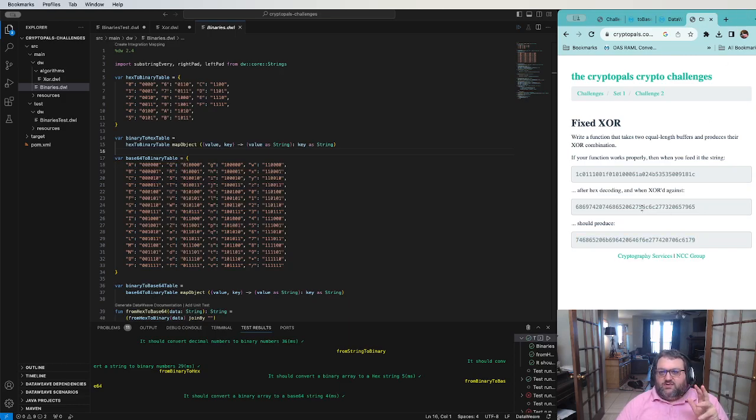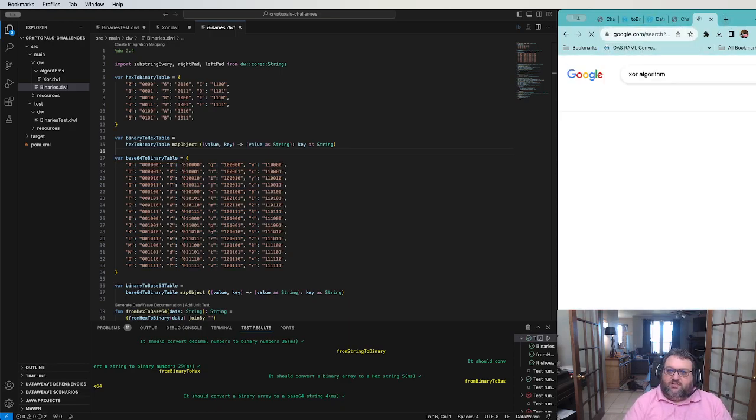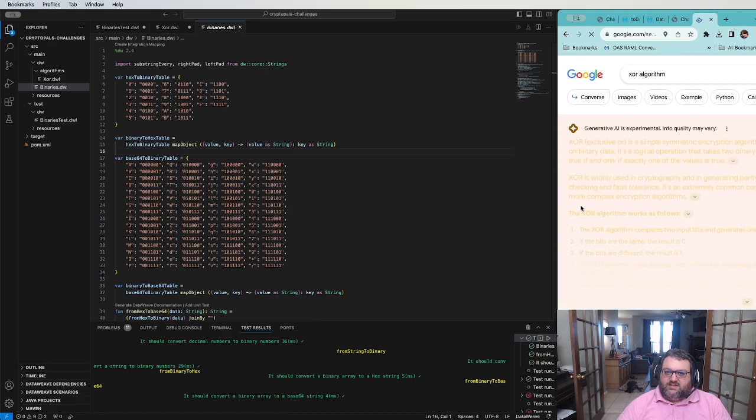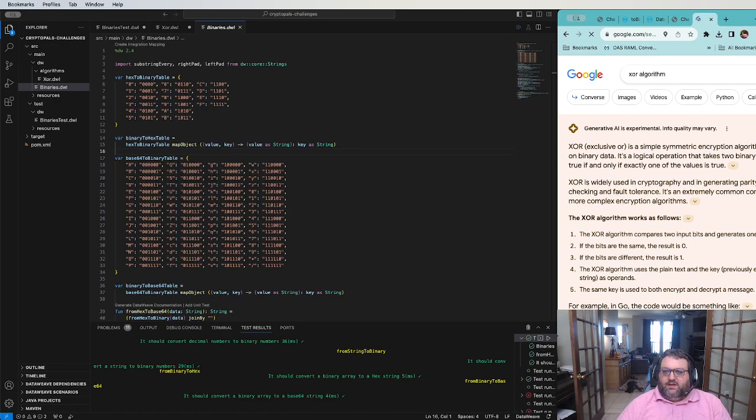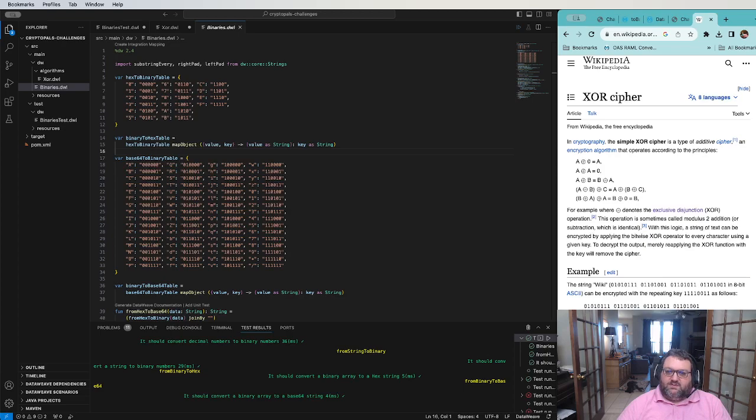So for the XOR, we can look at what that does. It's a cipher that just says, here's some examples. If they don't match, it's 1. If they do match, it's 0. If they don't match, it's 1. If they do match, it's 0. So it doesn't care whether it's a 1 or a 0 as long as they're the same at that same